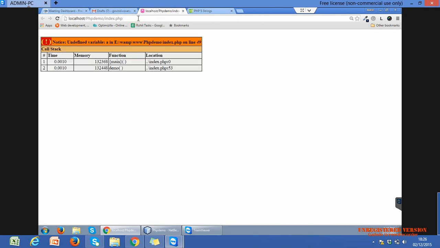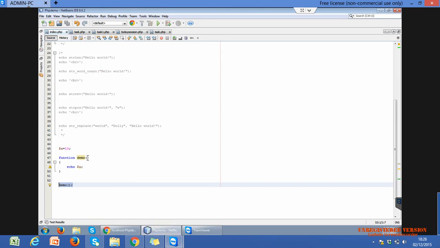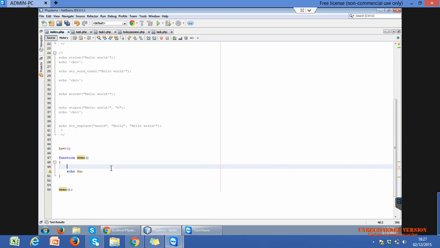There is an error. It's called undefined variable. Means within our demo function, the variable a is not recognized. Means in PHP, if we declare any variable outside the function, then it will not be accessible within the function. Or if we declare any variable within the function